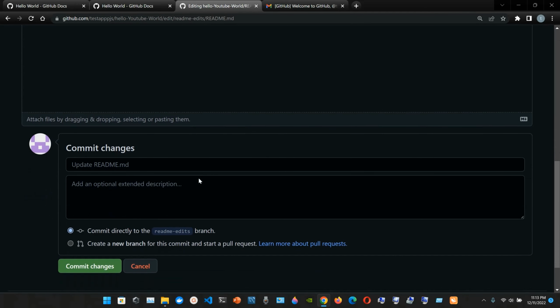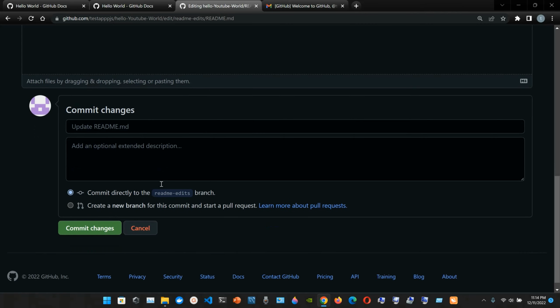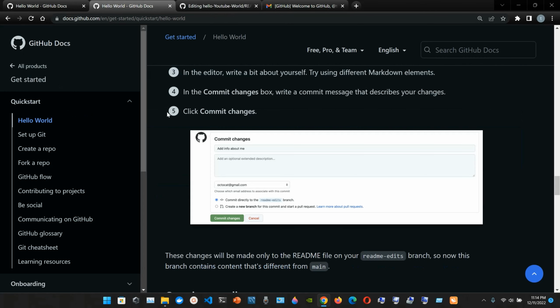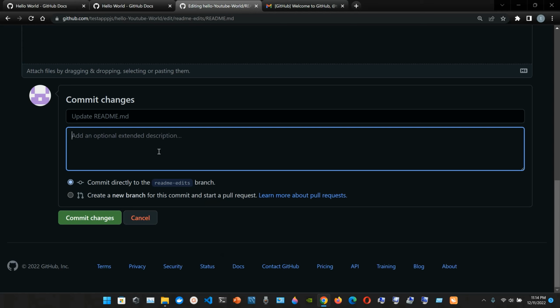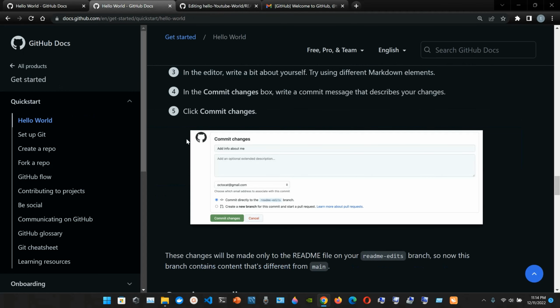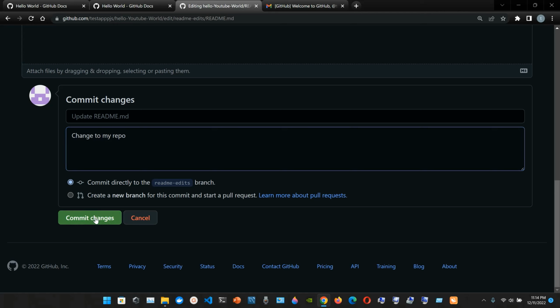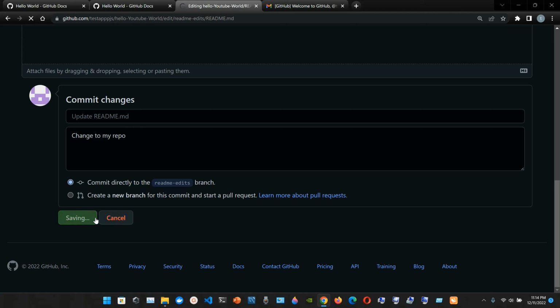So commit, okay, here add an optional extended description. In the commit changes box, write a commit message that describes your changes. Okay, change to my repo. Okay, and then click commit changes. Now we click this green button, commit changes. Okay,